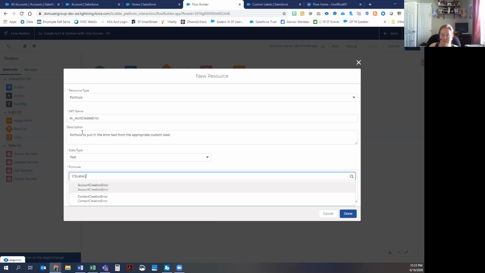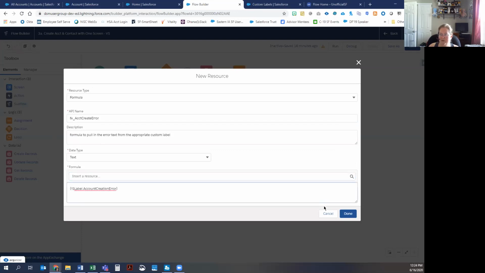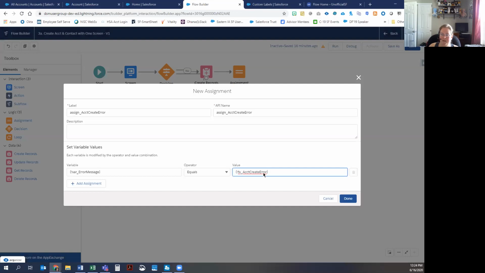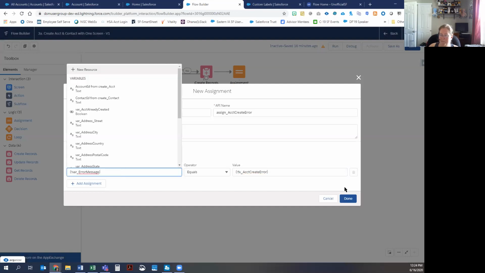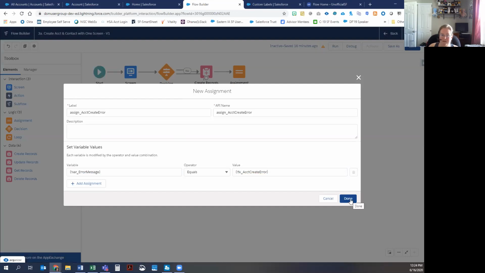So if I go to label, it's going to give me an option for all of the custom labels that I've created, and this is my account one. So I can pull the text of that label in here with a formula, and that formula assigns it to that variable. So now that we have done that,